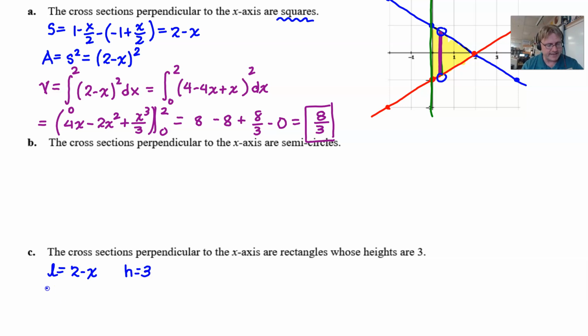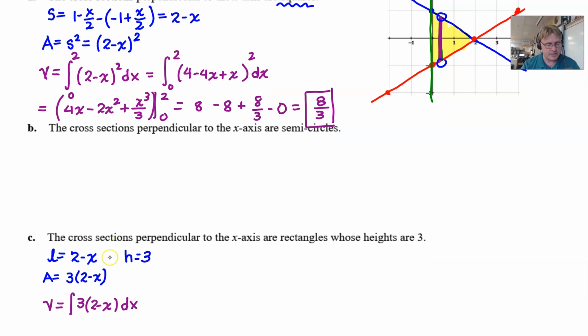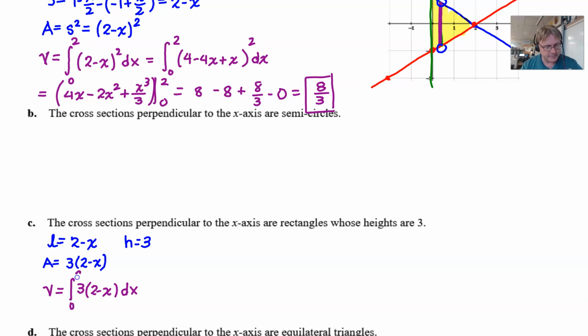And we're told that the height is 3. And hopefully we realize that the area of any rectangle is the product of those two. You can even distribute the 3. I wouldn't. And now we just go into our volume formula and we integrate 3 quantity 2 minus x with respect to x. And once again, our boundaries are 0 to 2. And when we finish this up, 3 can come out in front, integrate 2 to get 2x, integrate x to get x squared over 2,